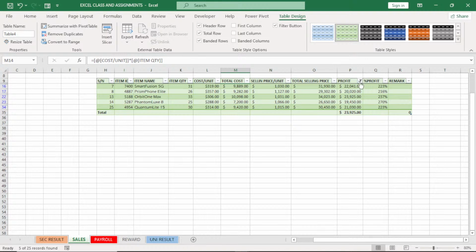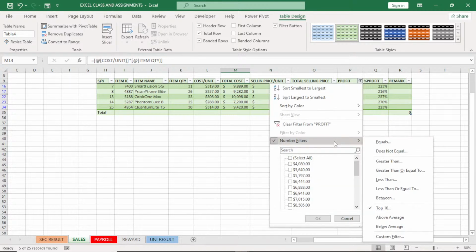You can use these filter functions, and then look at, maybe, greater than. Maybe you want to see sales items that make profit that are greater than, maybe